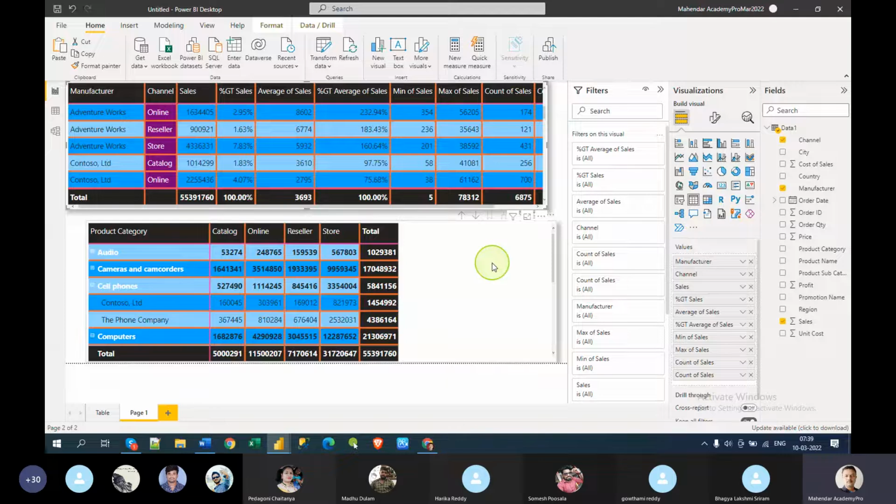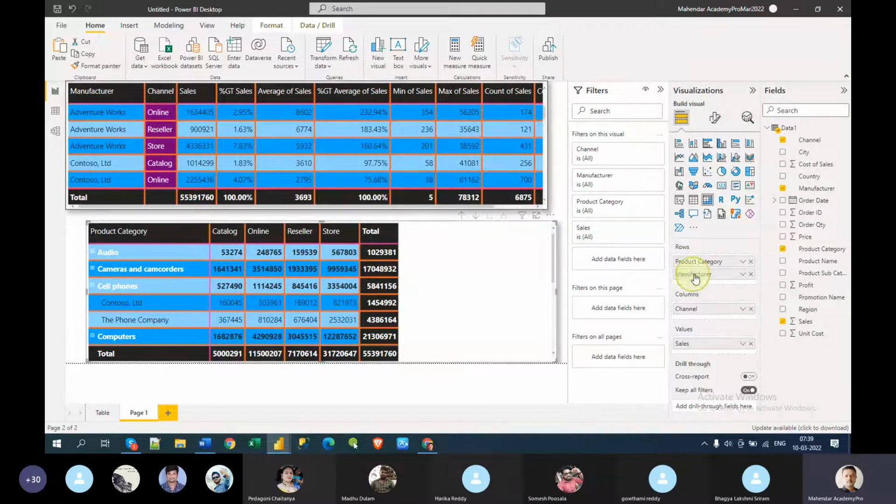Okay, so now let's understand this first. What is this? Now if you just understand this, product category and manufacturer, now it's in the product category. Just observe this. If I click this, it will change it to manufacturer. Let me do that. Drill on, sorry, this one.